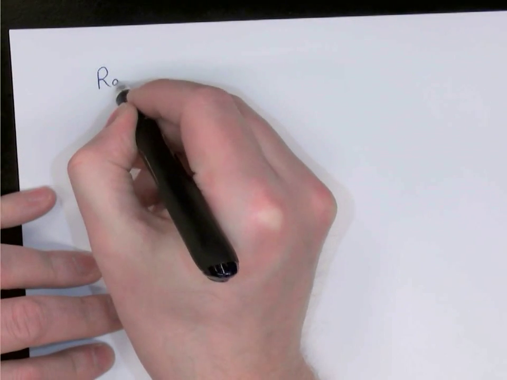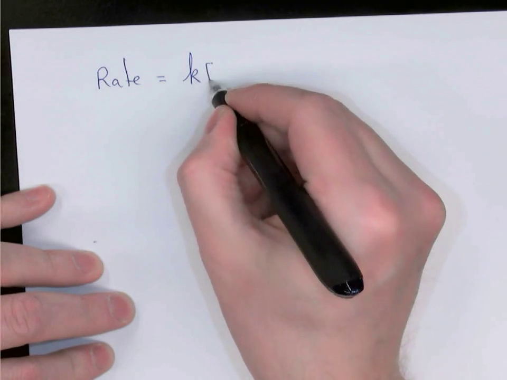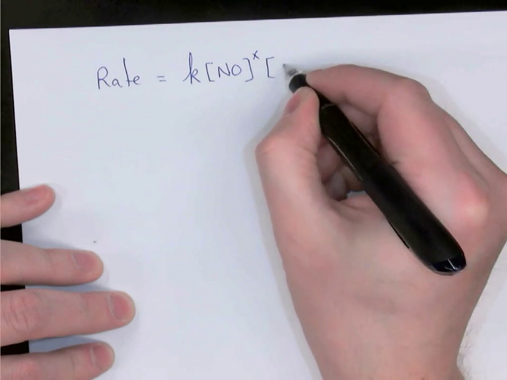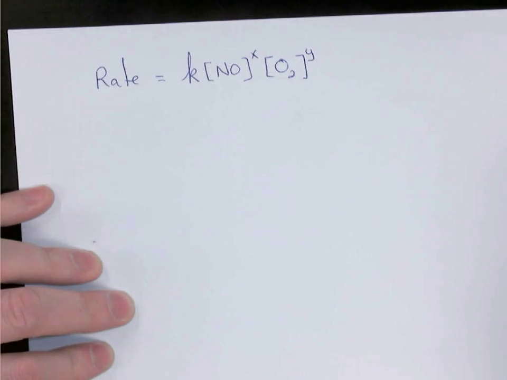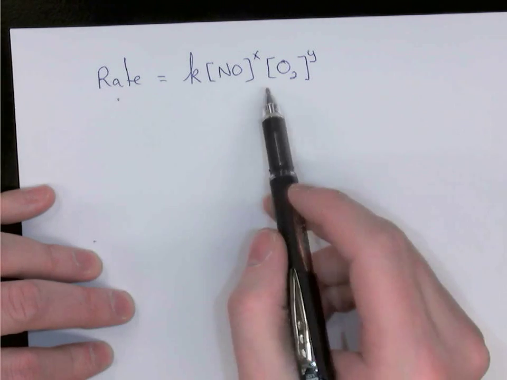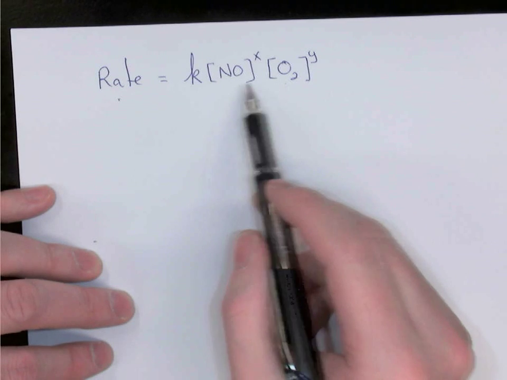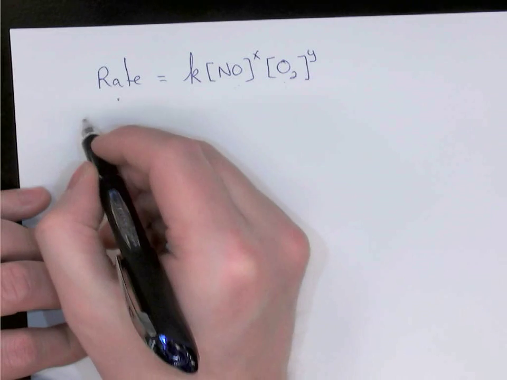Alright, so let's jump in. The rate law, as we've said a moment ago, has this form. Rate is equal to a rate constant K times the concentration of the one reactant to the power x times the concentration of the other reactant to the power y. We remember from our factors that affect rates, rate is affected by concentration of reactants, which is why we're looking at the reactant concentrations from our reaction earlier. Let's find